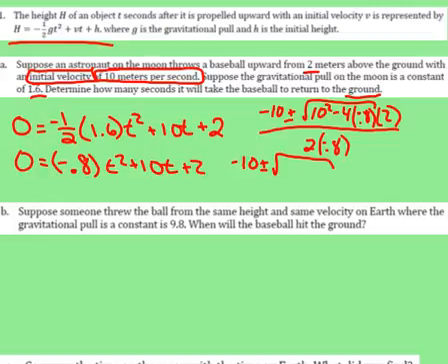It would have been minus a negative, so I'm actually going to have plus 6.4, adding that to the 100, so you should get 106.4, divided by negative 1.6. The square root of 106.4 is 10.315. So negative 10 plus or minus 10.315